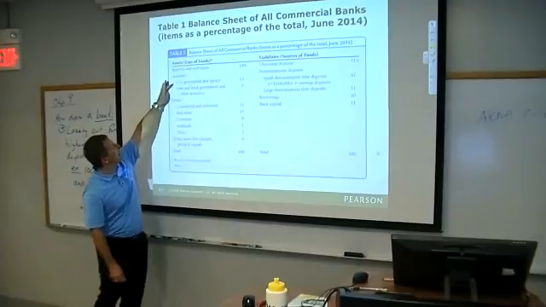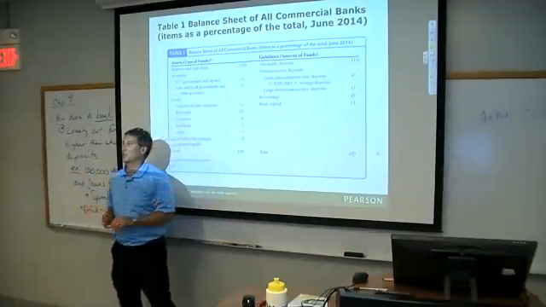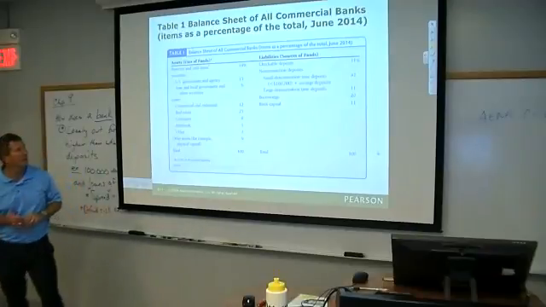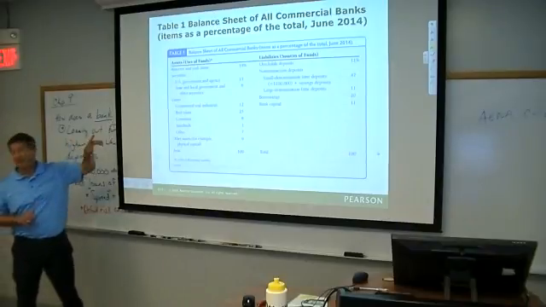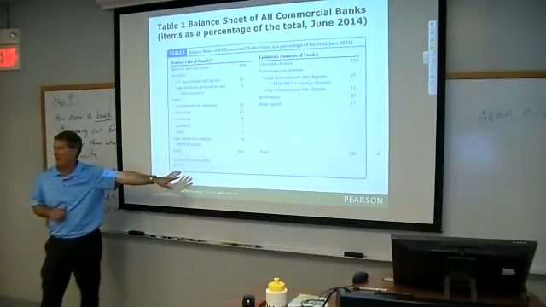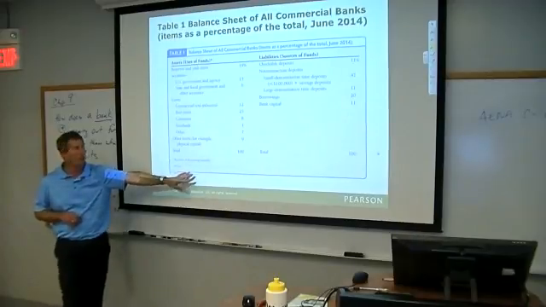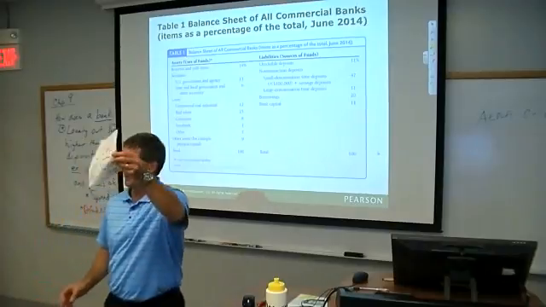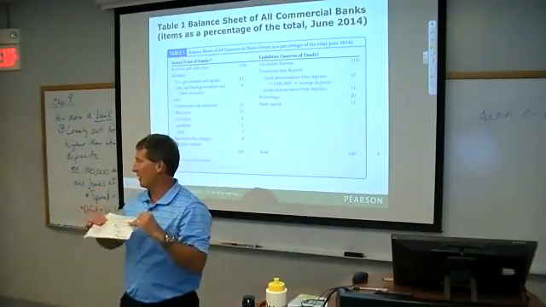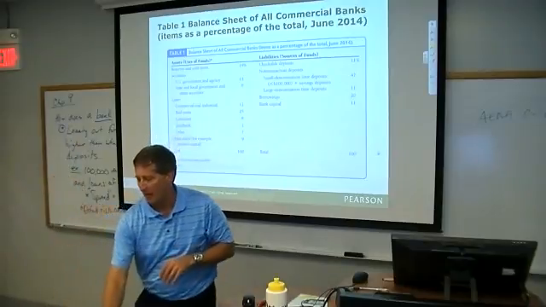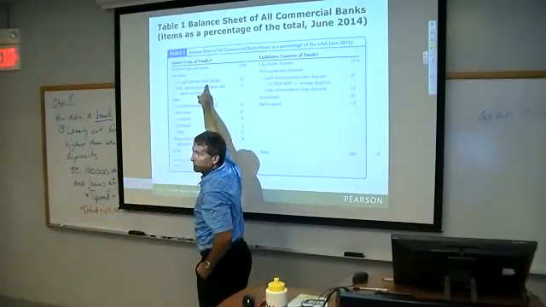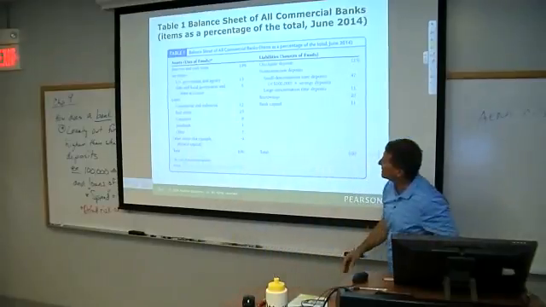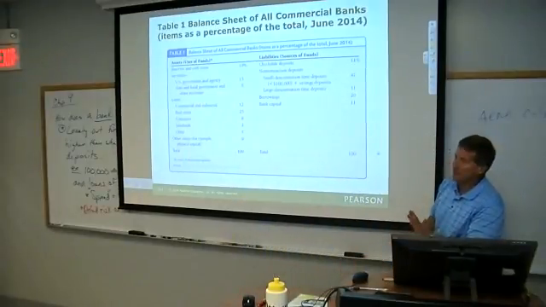U.S. government and agency bonds, 13 million of our fictitious $100 million bank. Good. So, treasury bills. If the bank is over here, that's an asset. They owe the government money, or they loaned Obama some money, right? They went to Wall Street and purchased one of these, so now the bank owns the bond, and it shows up on their balance sheet right here. That's a little bit of their asset mix. All right, anything else there?